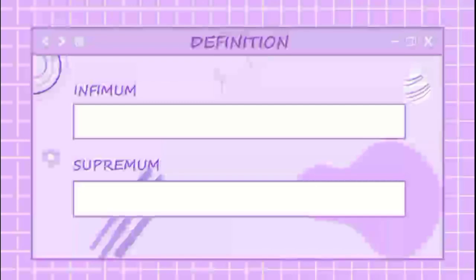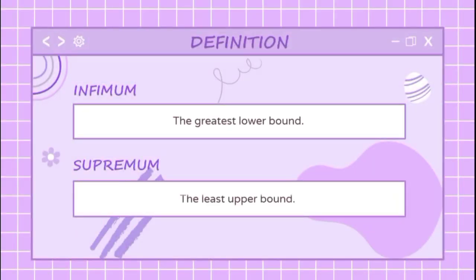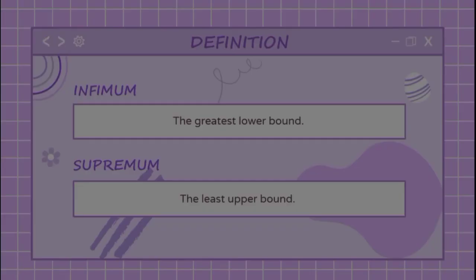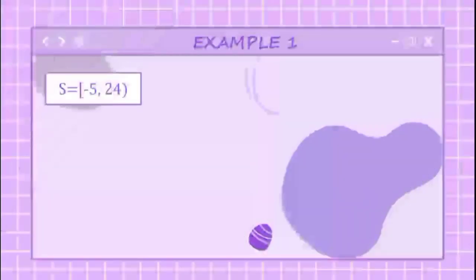Then, do you know what is infimum and supremum? Well, infimum is the greatest lower bound, while supremum is the least upper bound. Notice that lower bound or upper bound are not singular. Instead, they are a collection of infinite numbers. So, among all the lower bounds, the greatest one is called infimum, and among all the upper bounds, the least one is called supremum. Now let me illustrate a few examples here to give you the idea of how infimum